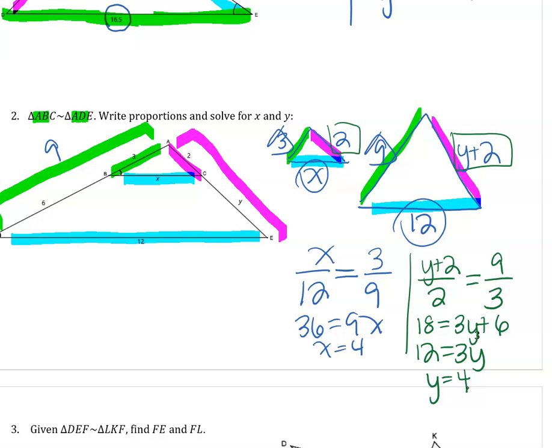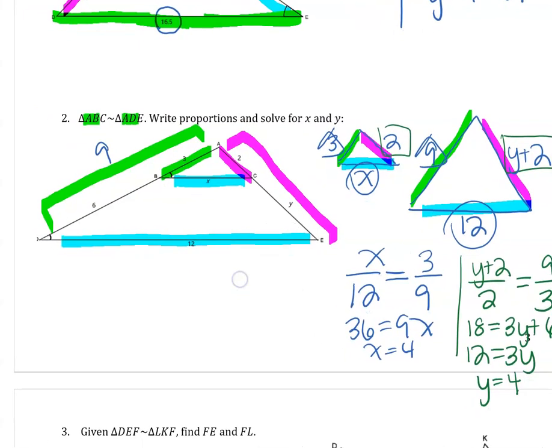Now, something I want to mention here as well before I go to the next page. With similar figures, that means all the corresponding angles are congruent. So technically, I know that this angle is congruent to that angle. They actually told me that. And these angles would be congruent as well. All the information is on the sides, so based on what we know from last unit, I could actually use